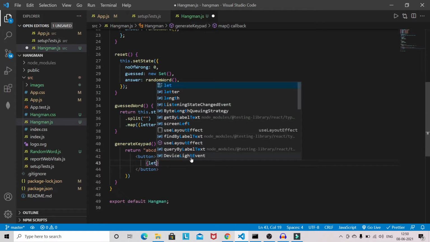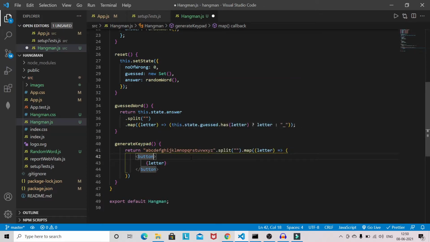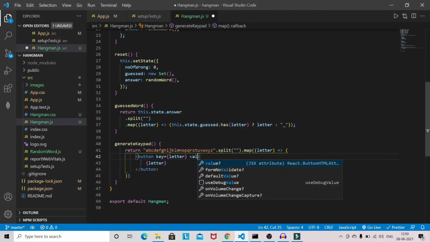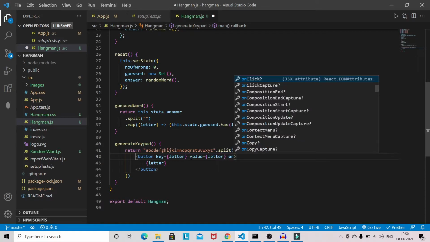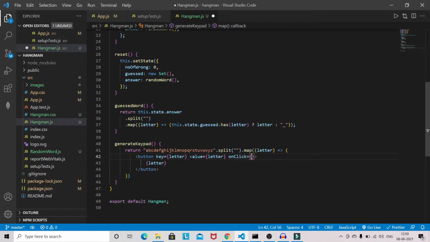So it will have a letter. The key will obviously be the letter, because each letter is unique. Value is letter, onClick this.handleGuess.